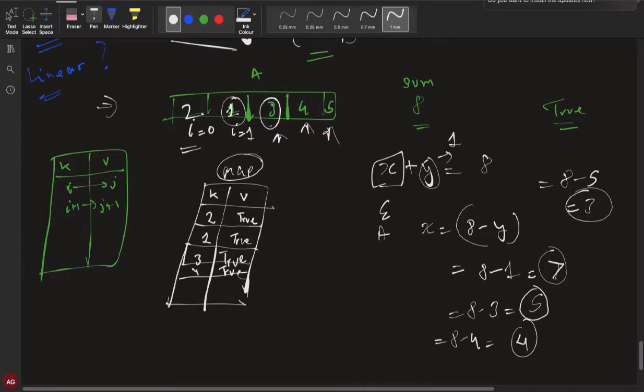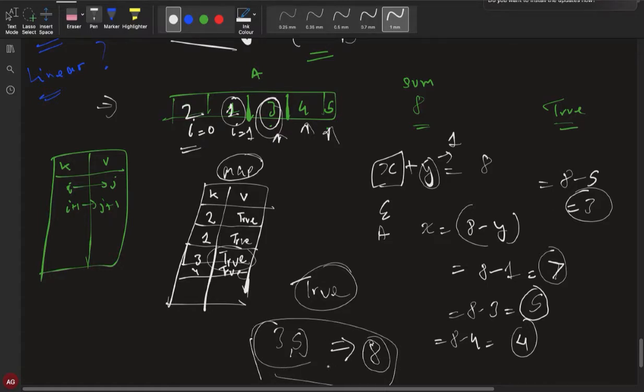We have encountered a value 3 before, and it is present in the map, and the value is true, that it is present. So we will return the value as true, that such a pair 3 comma 5 exists in the array whose sum is equal to 8. So we have solved the question, and what we have done is that we have just looped through the array once. So the time complexity will be order of n, linear time complexity,